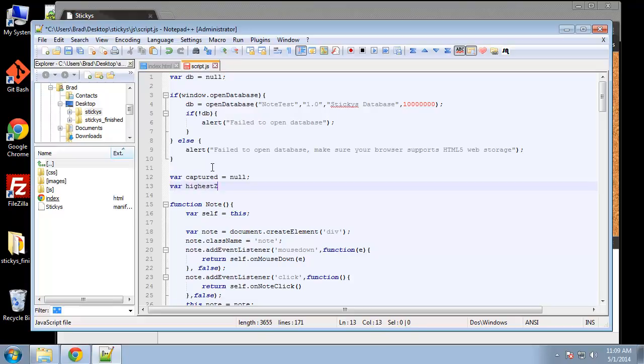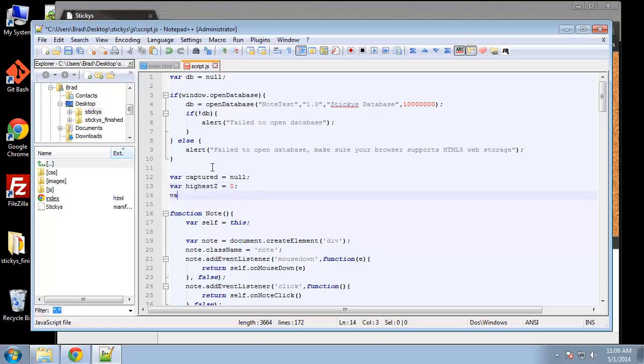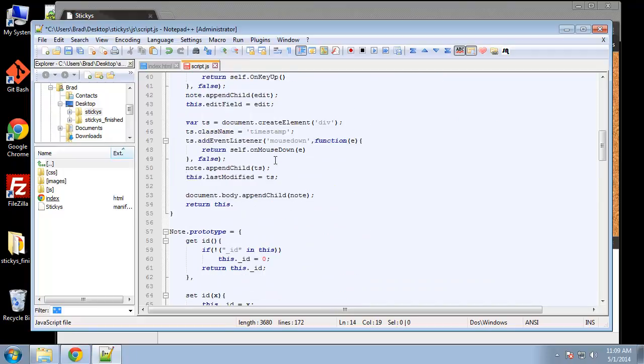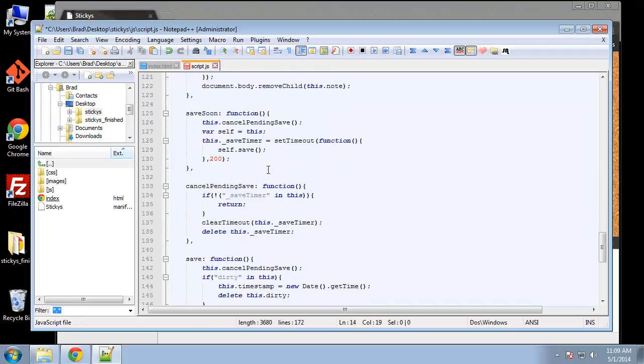Highest z we'll set to 0, and variable highest ID we'll set to 0 as well. We'll be using that to tell what the latest note is, the most recent. Alright, so back down here,